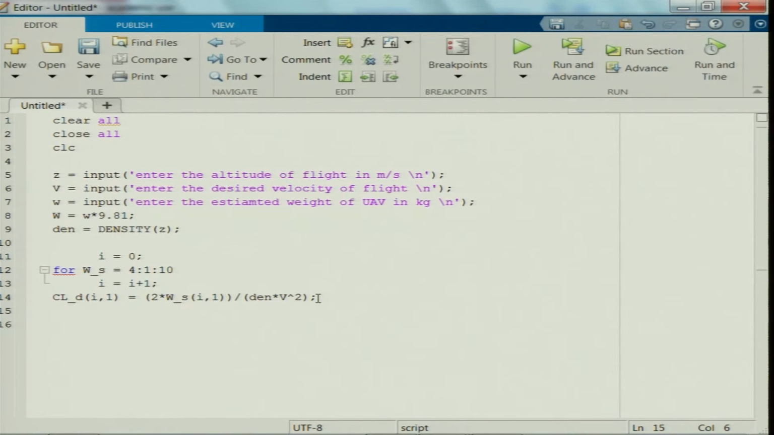So that means for each and every W by S there is an S, am I correct or not, where W by S is a variable here. So, W underscore S is wing loading in Newton per meter square. Okay. So, CL design